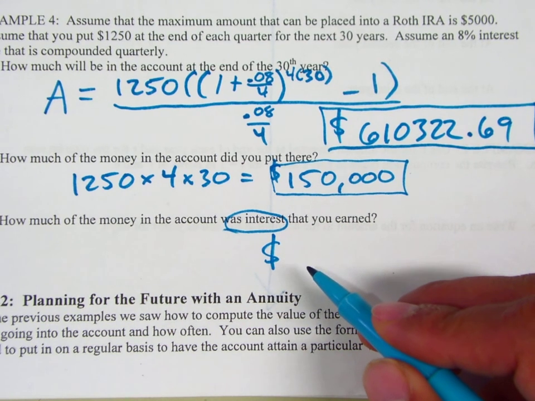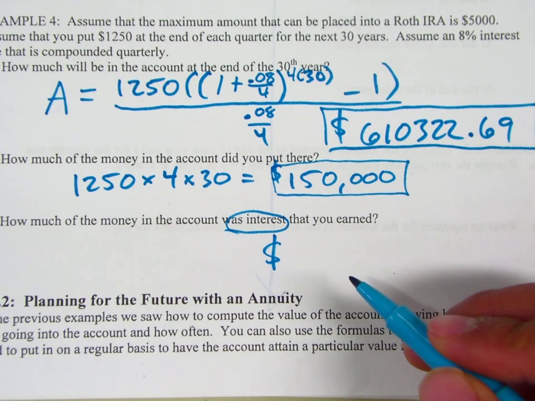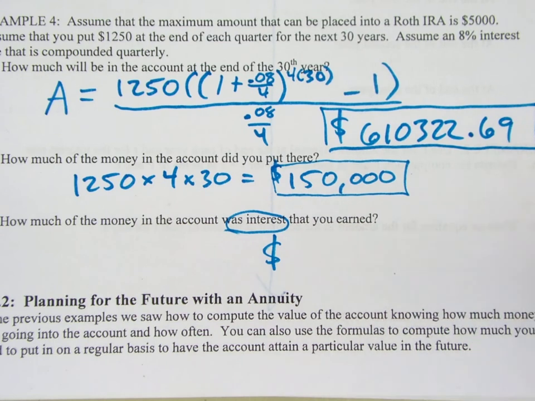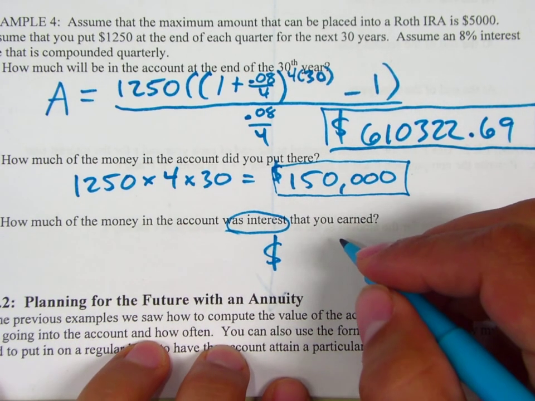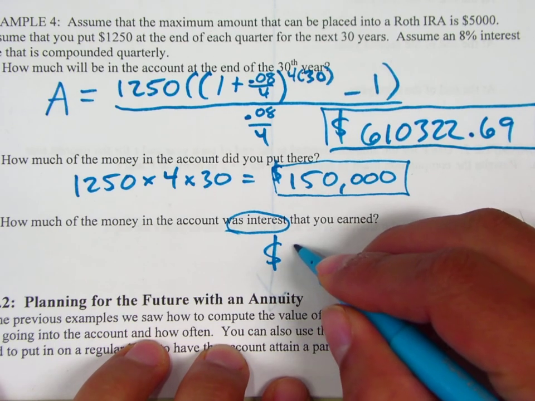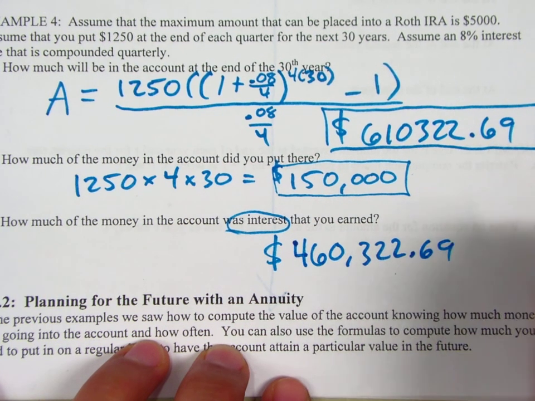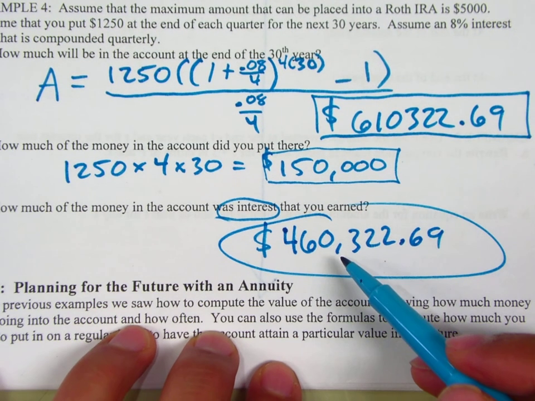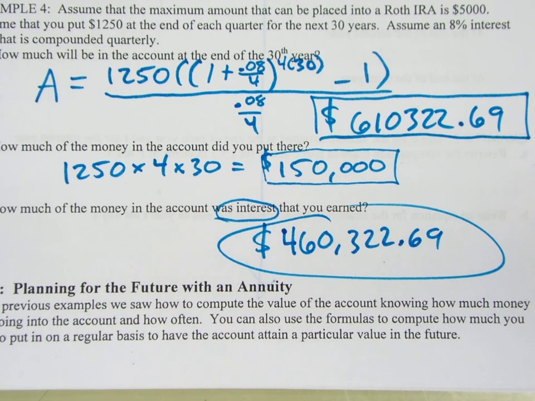Juliana, what did you get? John, what did you get? I got 460,322.69. Okay. That's a lot of interest, right? Okay. That's a good place to stop today. But bottom line,